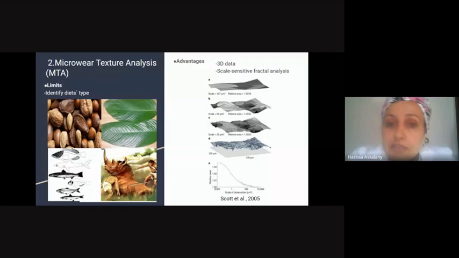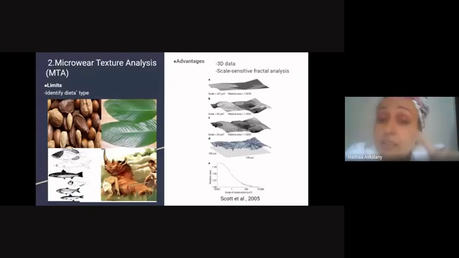We can also understand from MTA some ethnographic factors, like some hominins ingested hard particles attached to their food as a result of food preparation technique, that could reflect a highly aggressive diet. Unlike Macrowear, MTA gives individual diet in a short time, weeks or months prior to death. The advantage of MTA is that it provides us with 3D data, a more realistic representation of the dental surface, so it will be easy to detect any small changes